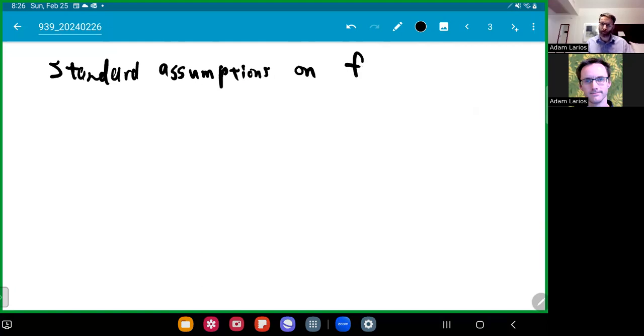So they're standard for Newton's method. First of all, we'll assume that there's a unique solution. Now this can certainly be modified, but for the purposes of the proof and to keep things a little bit simple, we'll assume that f of x equals 0 has a unique solution